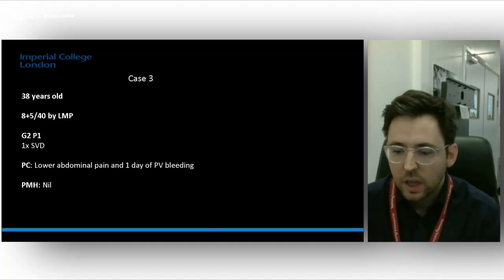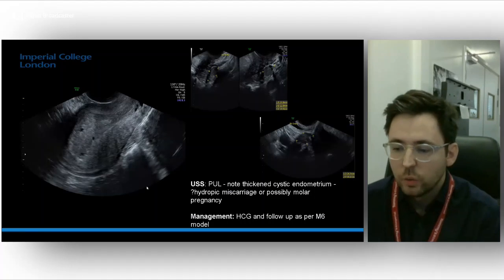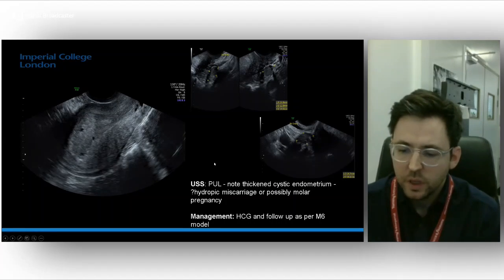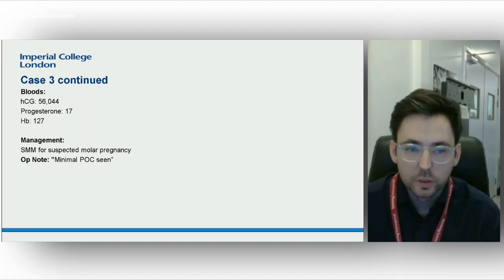On the next slide, there is a thickened area which is slightly cystic endometrium. Both ovaries are seen with no obvious adnexal pathology. An HCG and progesterone were taken and follow-up was planned as per the M6 model that we use in our centre. There were concerns due to the appearance that this could either be a hydropic miscarriage or possibly a molar